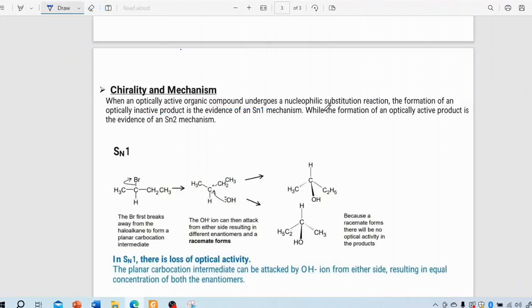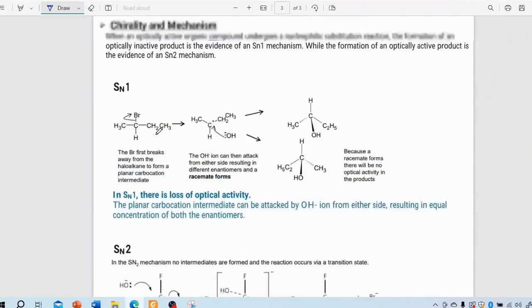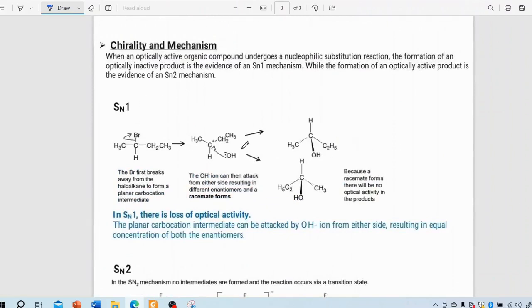While the formation of an optically active product is the evidence of SN2 mechanism. So formation of an optically inactive product, evidence of SN1; formation of an optically active product, evidence of SN2. So let's see why the product of SN1 mechanism is optically inactive. So SN1,